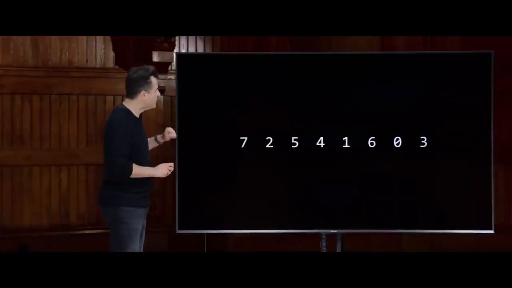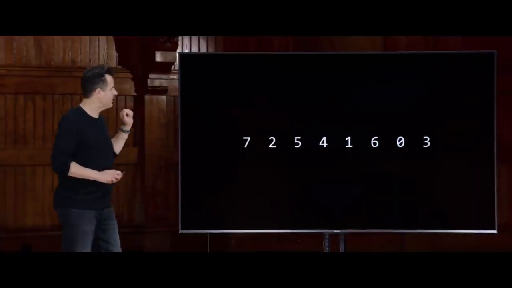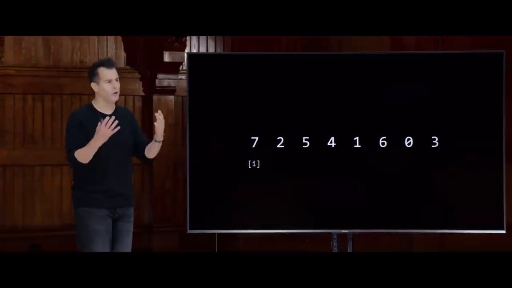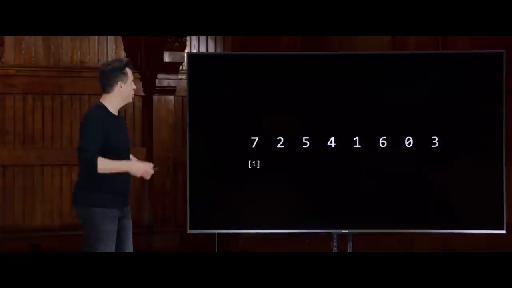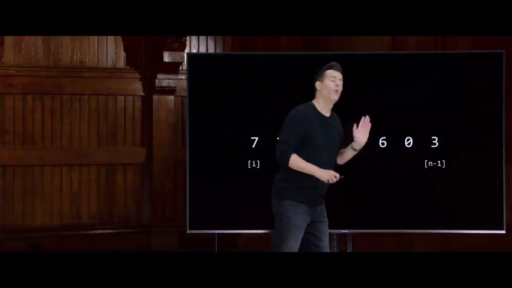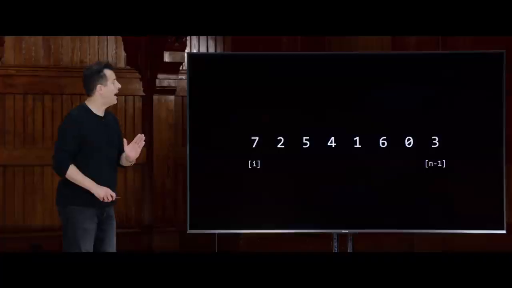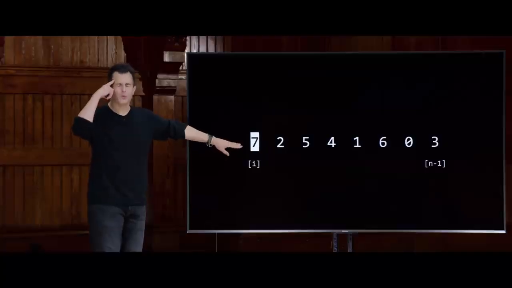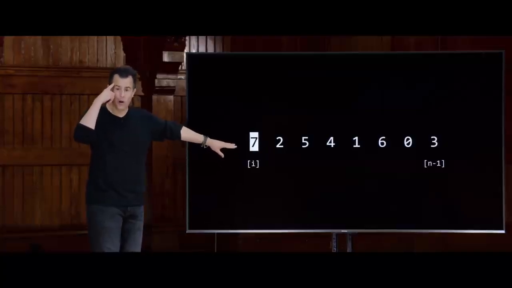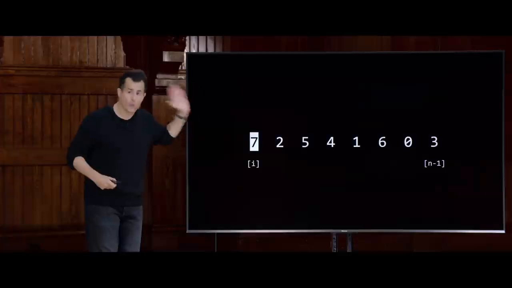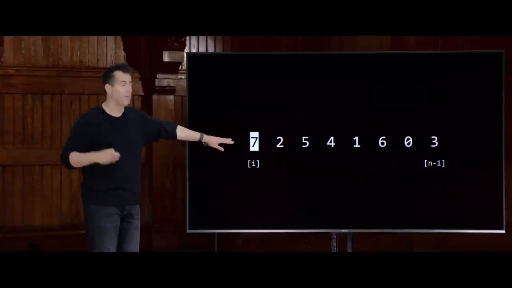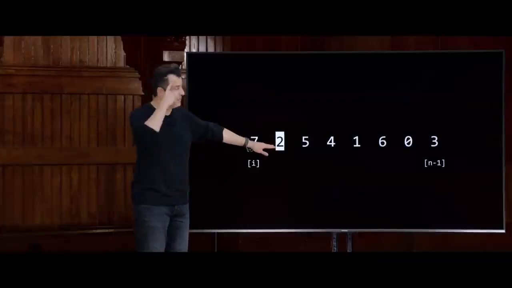All right, so what really was happening maybe at a slower pace with selection sort if we had numbers like this? Well, if we consider this leftmost element initially to be bracket i in general, but of course it's still 0 and then 1 and then 2, and the end of this list is n-1, what did I do on my first pass with that first algorithm that we're now calling selection sort? Well, I first kept track in my mind of the smallest element I have yet seen from left to right. And the first element is going to be, by definition, the smallest element if I've looked at no others. So I'm going to highlight 7 as being equivalent to remembering 7 in my mind. But then I found 2, so I updated the variable.